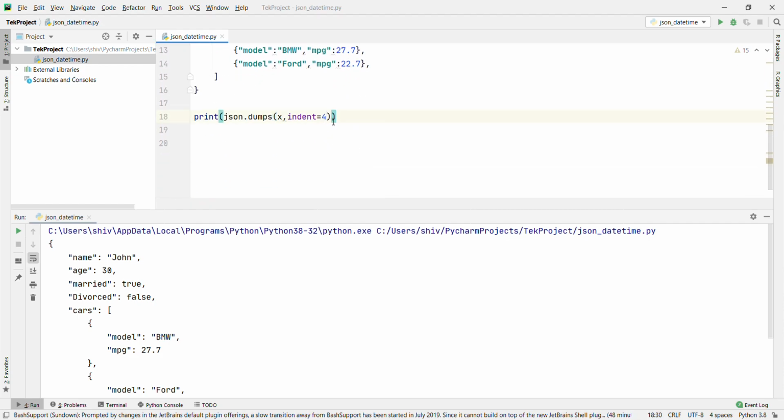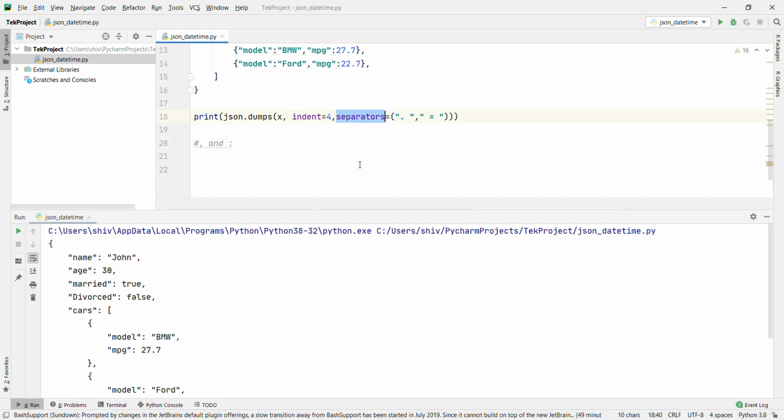Let's remove this one. print json.dumps x, indent 4, comma, separators. What we have to do is dot, comma, and space, equal, space. By default it is comma and colon.